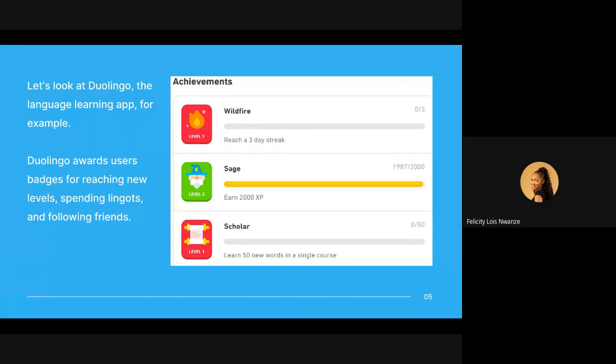So when I say badges and stickers, you can see on this Duolingo interface that it rewards users for reaching new levels, right? And even on the games that you have on your phone, like Candy Crush, and a lot of them, there is sort of a reward. So badges and stickers is one of the main game mechanics for gamification.